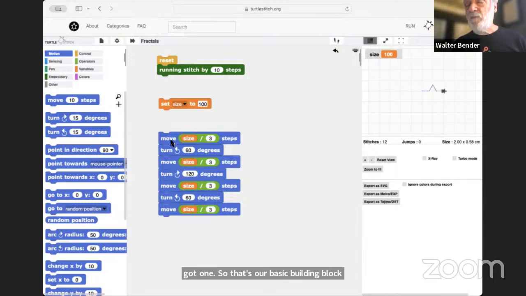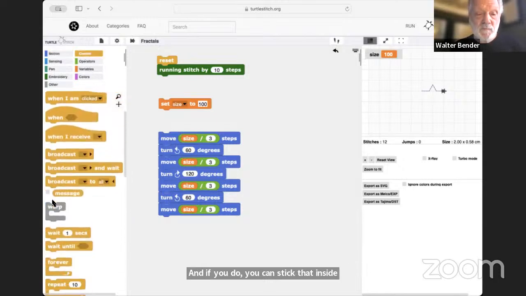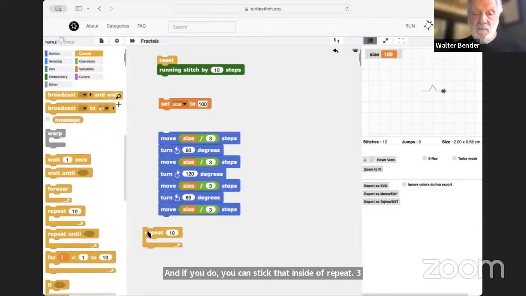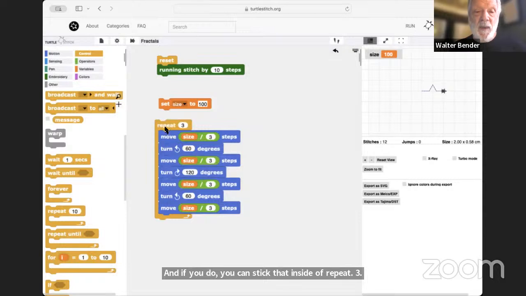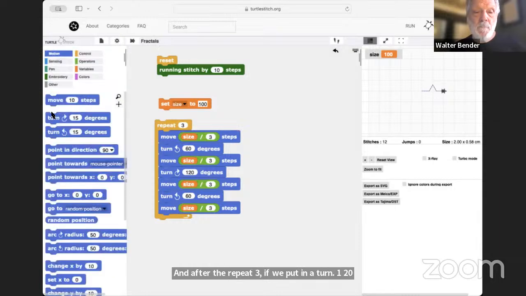Does everybody sort of understand what we did? We replaced the middle move with that little triangle that we just drew. And if you do it, you can stick that inside of repeat 3. And after the repeat 3, if we put in a turn 120, okay, and then if you do reset and then draw that, you'll get,